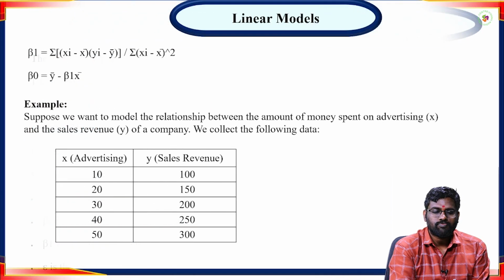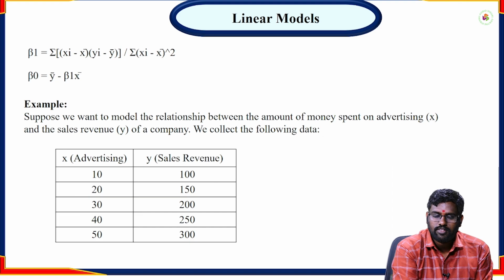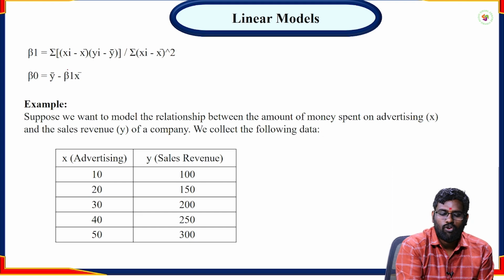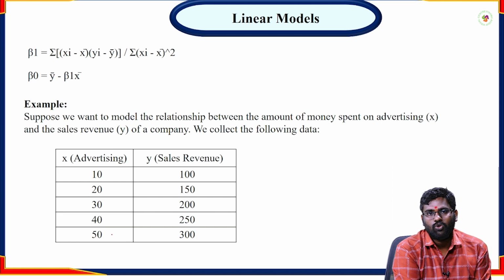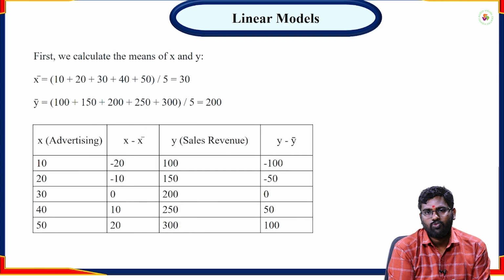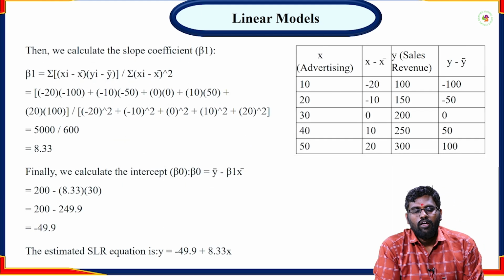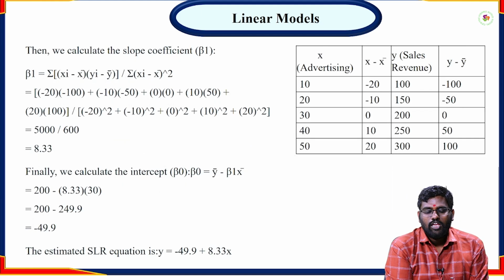So now here, we need to calculate the same b0 and b1 values as in the previous example. We are taking some example for this one. So x bar means the sum of all the instances of x divided by the total count, and y bar is also the sum of all the numbers divided by that count. So now first we are calculating the x bar and y bar, and finally we are calculating x minus x bar and y minus y bar here. So after substituting into the beta 1, finally we got the equation y is equal to minus 49.9